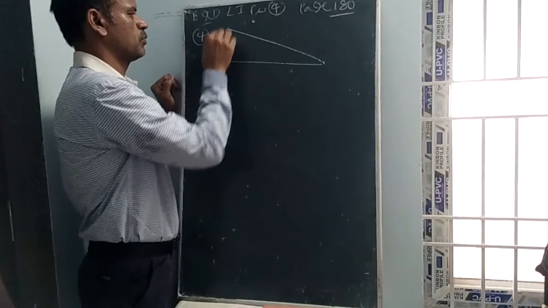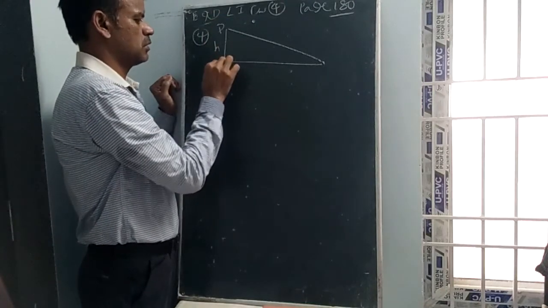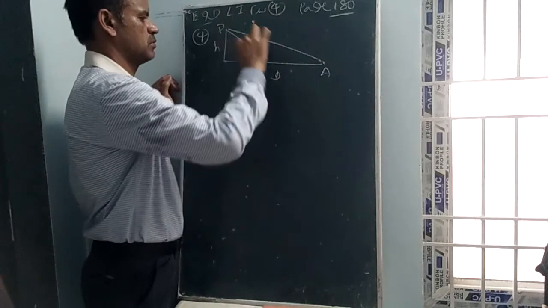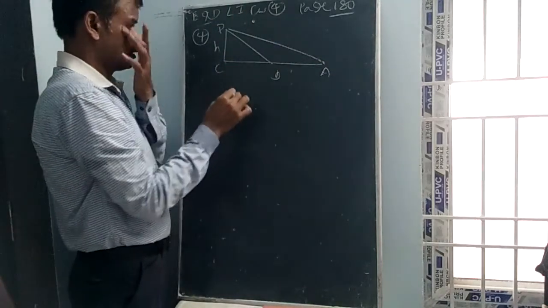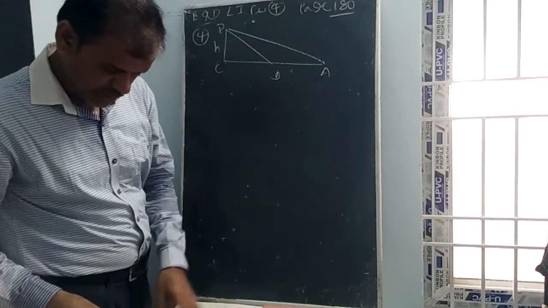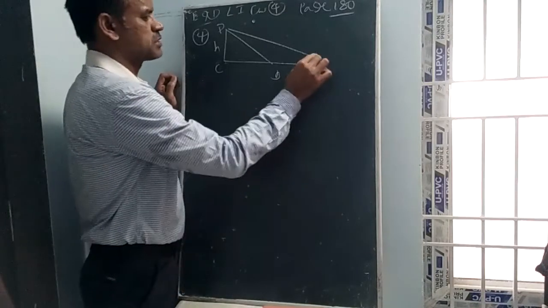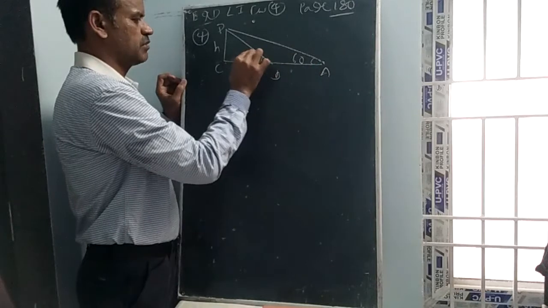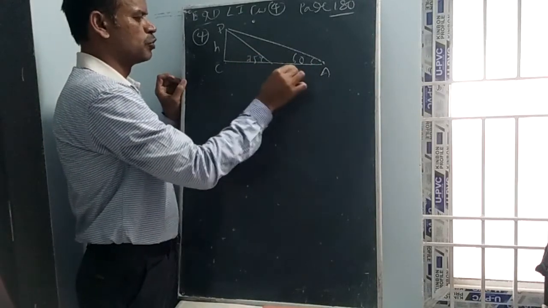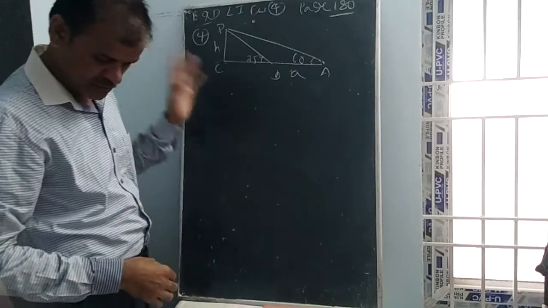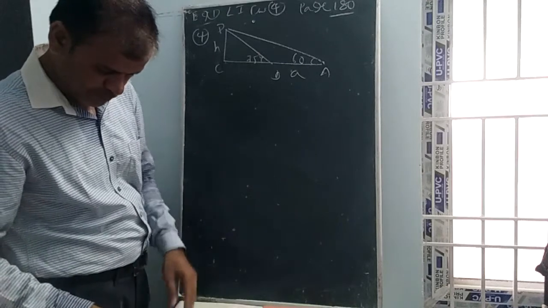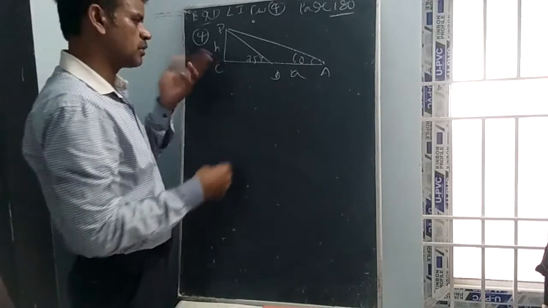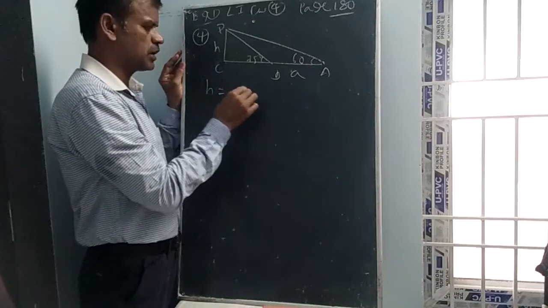This is the height of the pole, P, A, AB is given. This is A, this is P, this is C. The height we should calculate. First, the angle 60 is given. Next, the angle 75. He moved the distance a. That's all, this is the question. AB is equal to a is given. Now H we should calculate.